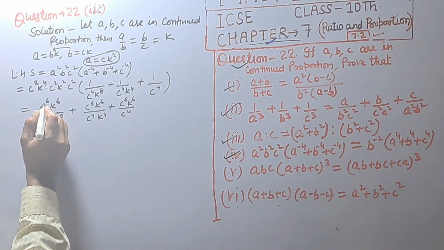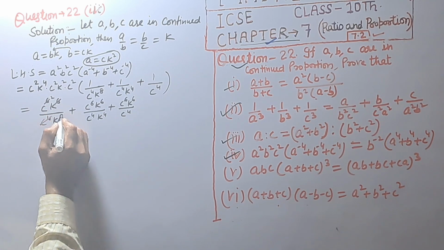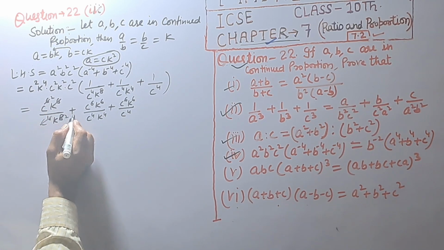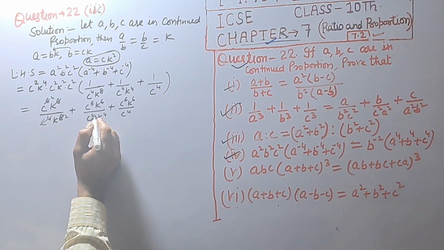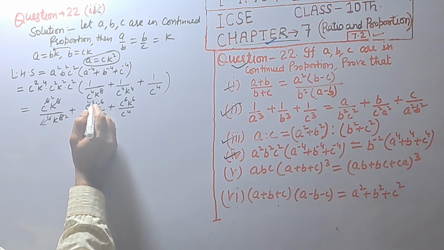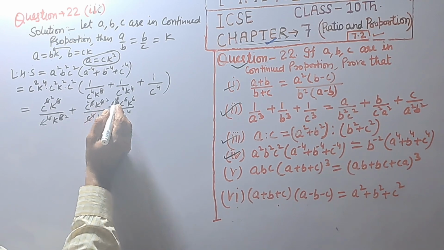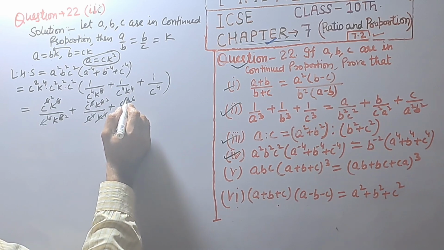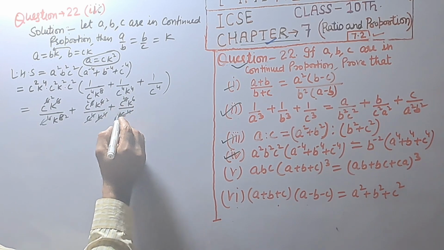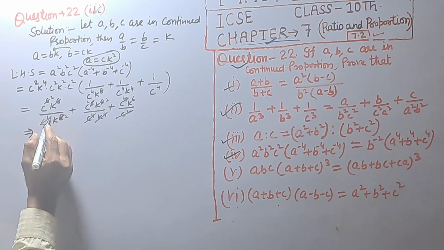Then c raised to power 4, and here the power of 2 is cancelled, which implies we get